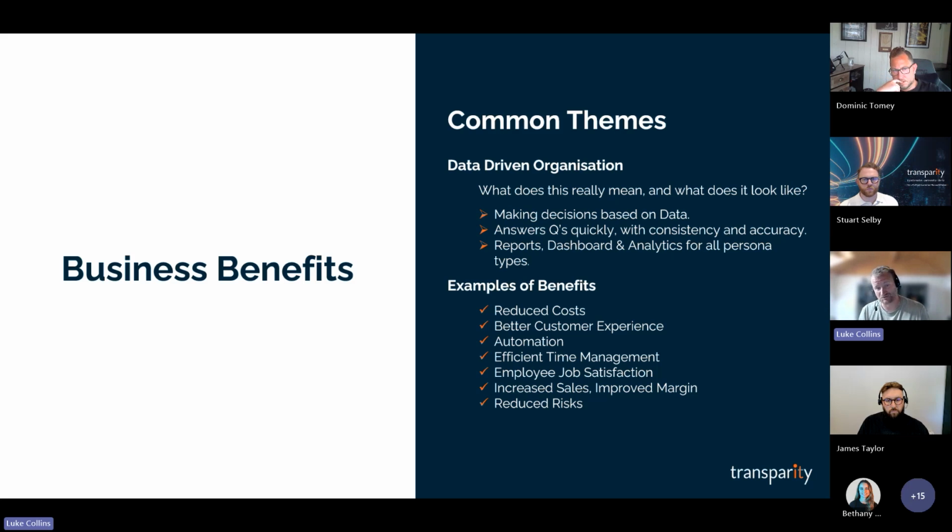It should be, again, across all persona types. So really important that data strategy takes into account all personas, not just whoever's shouting loudest for the data that they need access to today. And then we get into the typical benefits that we see in terms of reduced costs, not only from a platform side of things. Often we see incumbent data platforms that are in play that actually are moved to the cloud. It may even reduce